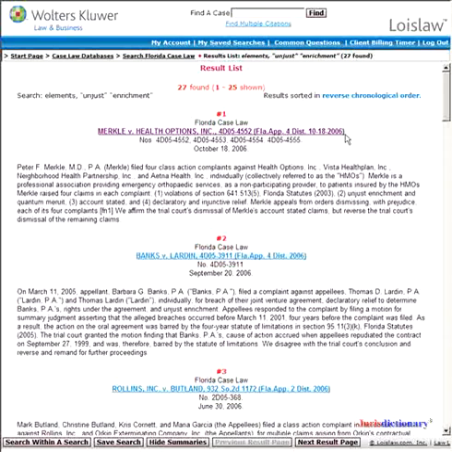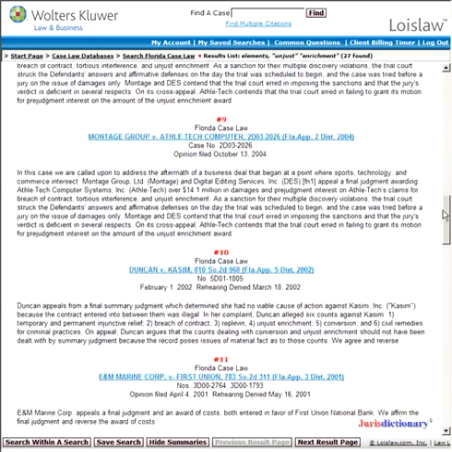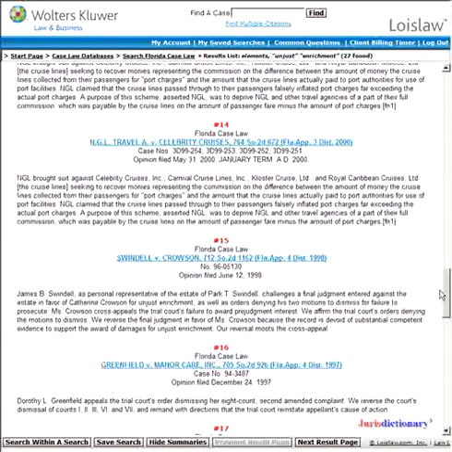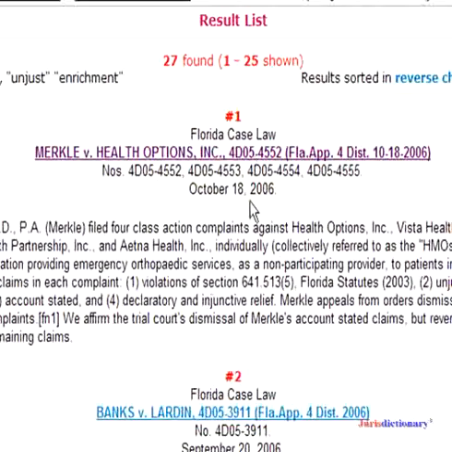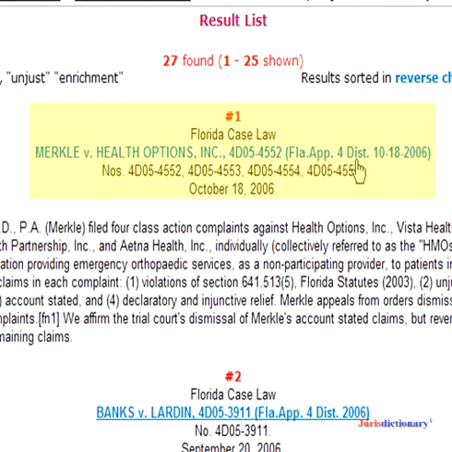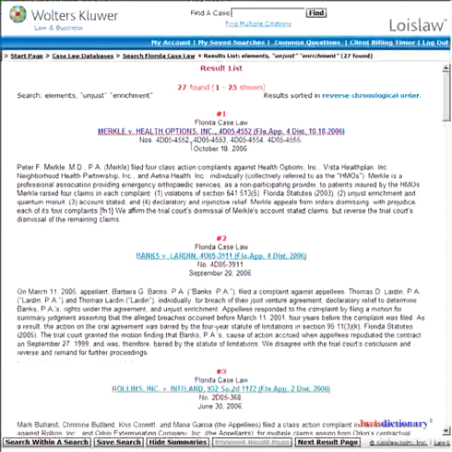And just that quickly, we found 27 cases. We're looking at the first 25 of these cases. I could scroll down and show you several cases here in Florida that tell us what the elements are for unjust enrichment. We'll just check this first one. This is fairly recent, October 18, 2006. It happens to be out of the 4th District Court of Appeal here in Florida, which covers Palm Beach County, St. Lucie County, Martin County, and Okeechobee counties. So we'll click on this one here,